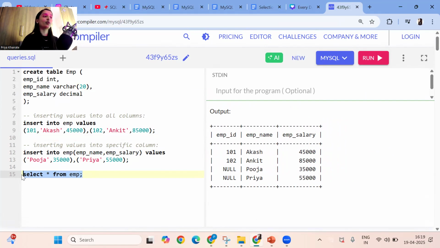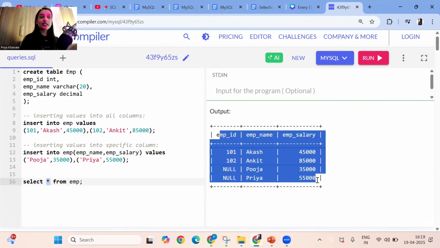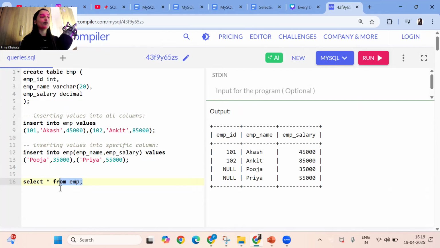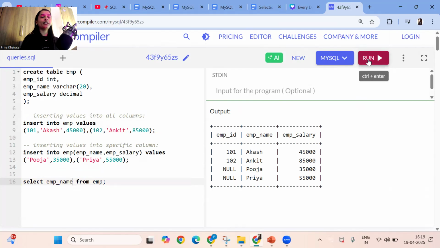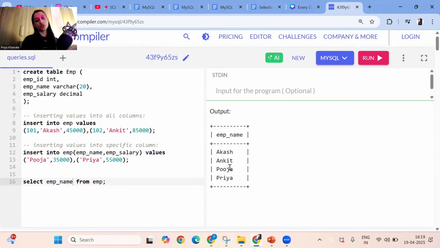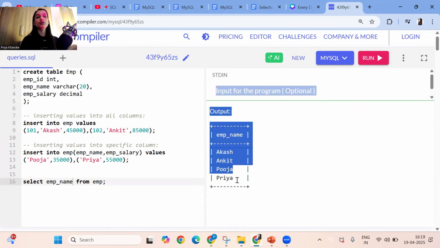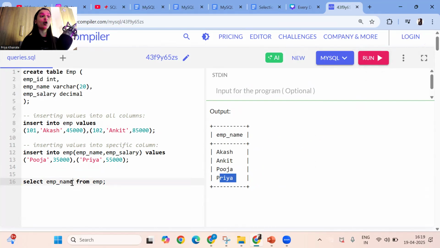Okay. So now, which type of query it is? Selection query or projection query? Which type of query it is? Projection query only, guys, because we are selecting all columns in this. Either you are selecting all columns, specific column doesn't matter. I am telling whatever the table is present here, project this table to the user. That's all. Okay. So now if I write it here, select employee name from employee table. Now I am selecting specific column, projection query. Records are all. See, I am not filtering rows. I'm not filtering rows. I'm filtering columns.